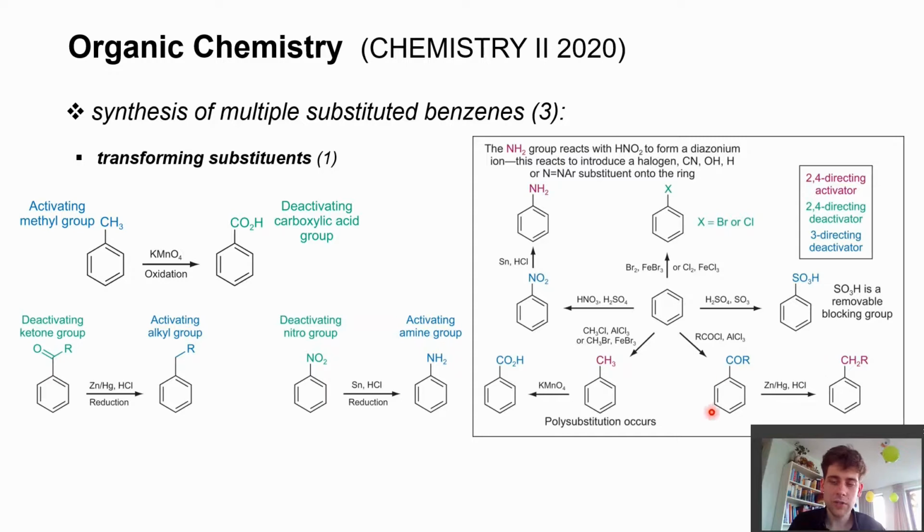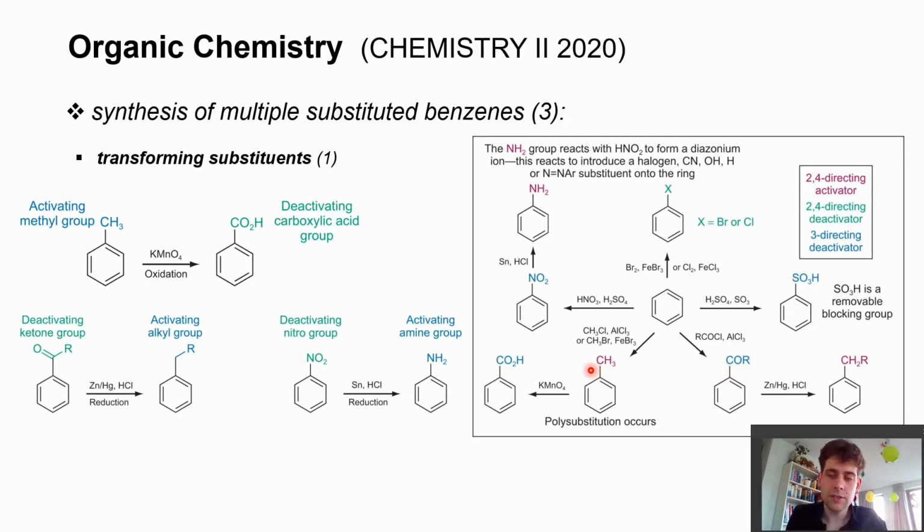You can also do the Friedel-Crafts alkylation here, but we have discussed the problem of polysubstitution when we talked about the Friedel-Crafts alkylation. A better way to get the monosubstituted product, as we also discussed, was the Friedel-Crafts acylation followed by the Clemmensen reduction. In this case you selectively get the monosubstituted product because the acyl group that you introduce then acts as a deactivating group, whereas your methyl group in this case acts as an activating group for